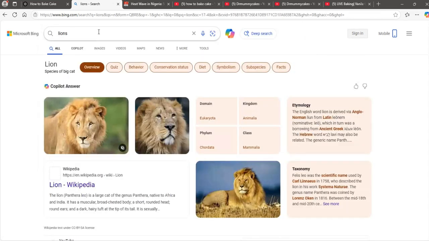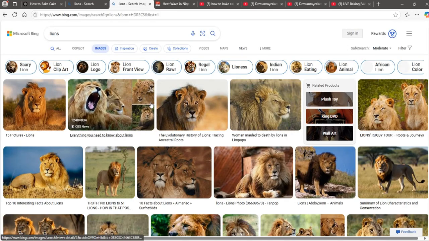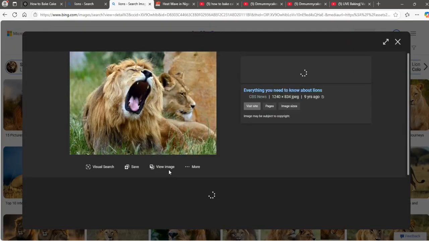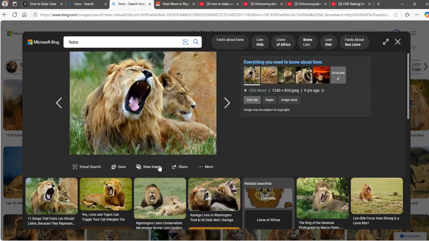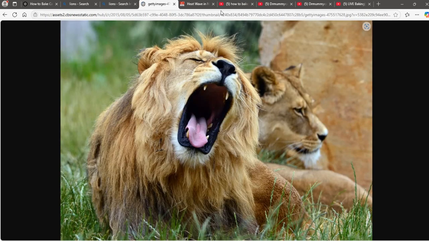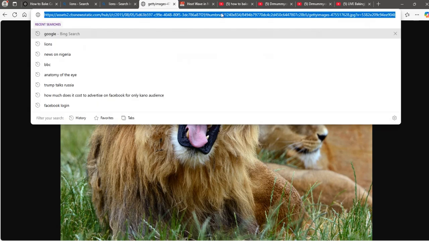Okay, and I select this image here. I click view. This is important so that I can get just the image. So when I come to view, there are two lions here. So I copy the URL, likely Control C, come to ChatGPT here, and I say